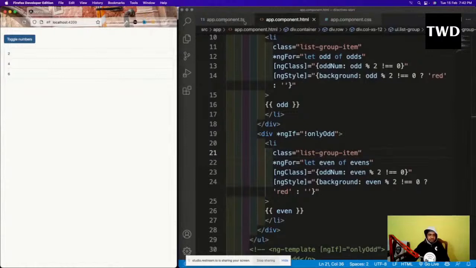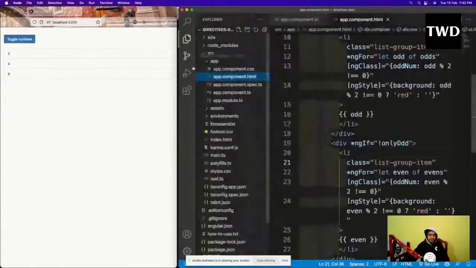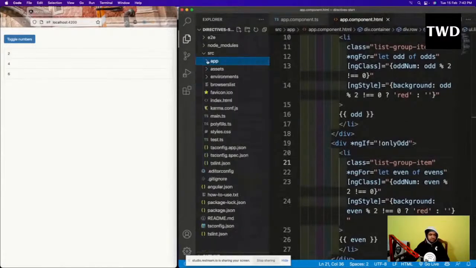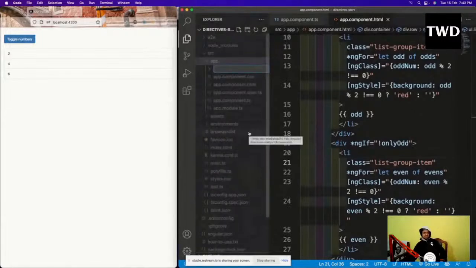Okay. For that, we are going to go here and create a folder inside the app. First we're going to create a directive by hand, then we are going to use that ng g thing. Okay, basic,